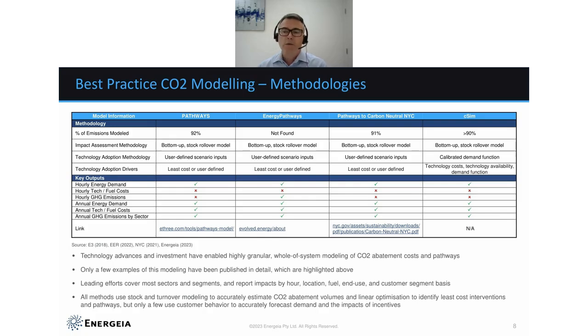The way that we approach this is really looking at the demand function, the technology availability, and the technology costs over time. And so we project based on certain settings, things like, what sort of incentive levels are you going to put out there? What are our views of future technology availability? Now, in terms of the key outputs, I think there again we see a lot of commonality. Best practice in this space is to generate hourly, or in Australia at least half hourly.